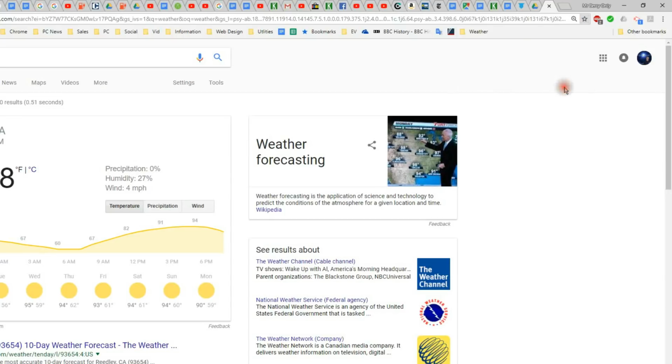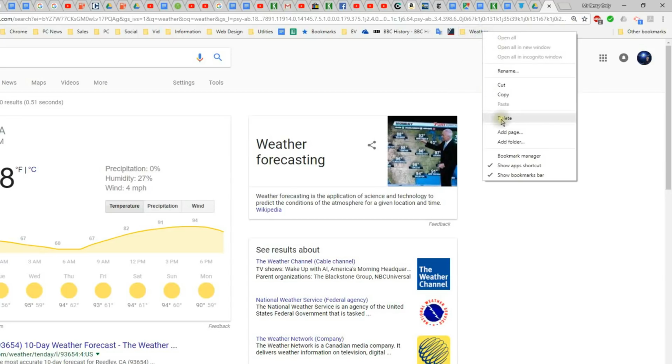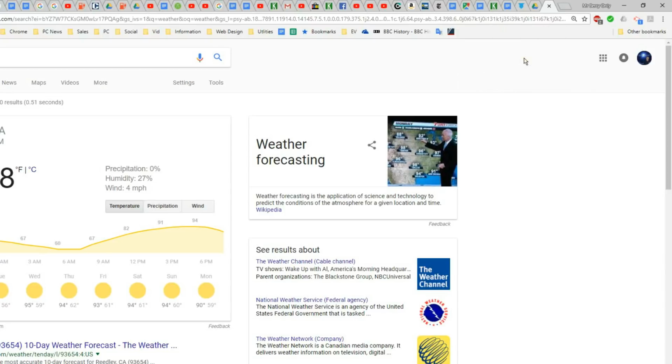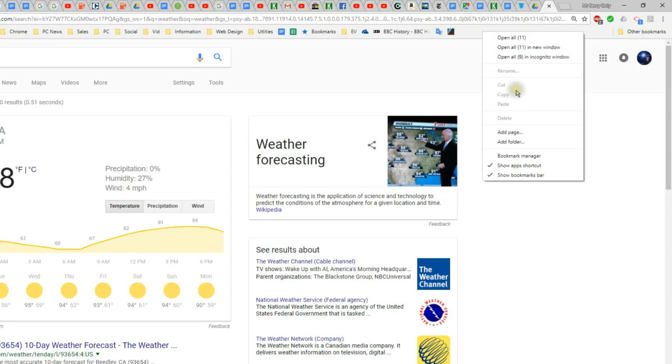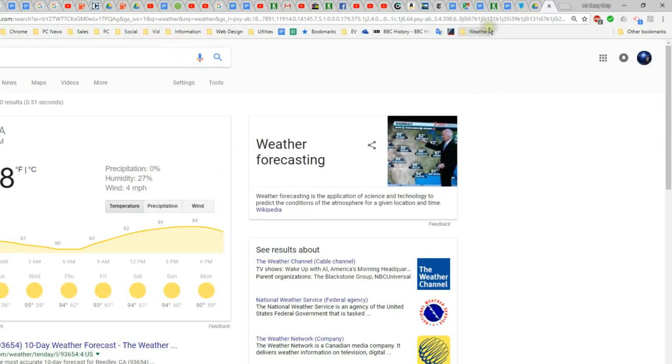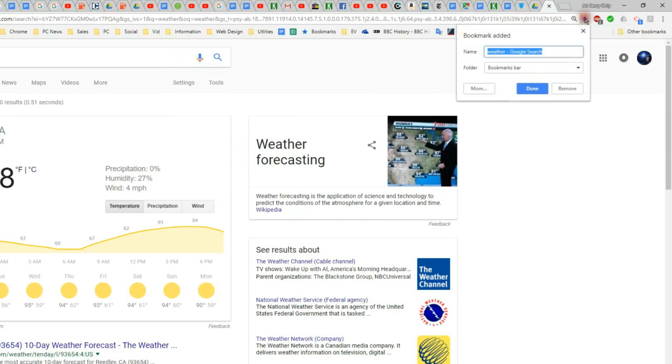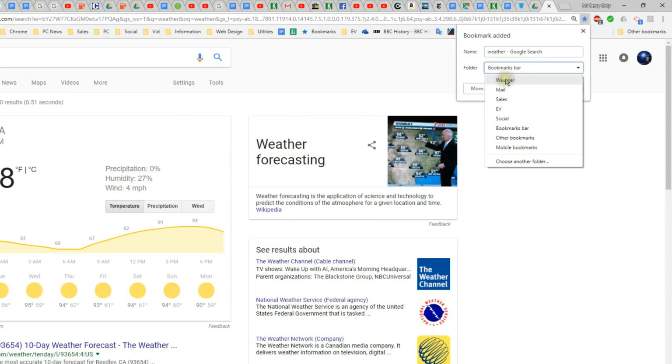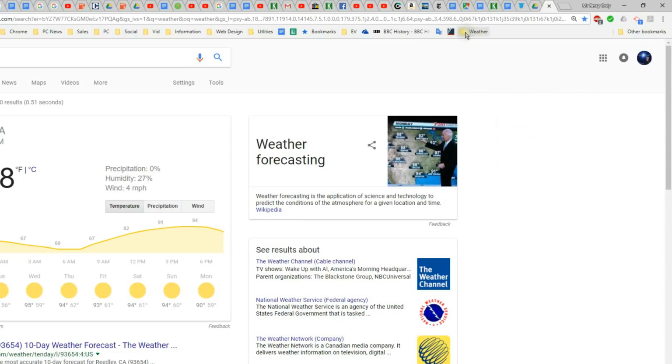Now let's just say that you didn't have a folder called weather and you want to do that. How would you do it? Step one, right click up here in your bookmark bar, go down here to add folder, and let's call it weather. So there you go. Click on save, you got the one called weather. Add this page that's talking about your weather, click on bookmark this page. Where do you want it? Well, I want it in weather, so I click on weather. I say done. Now when I go into my folder called weather, there it is. So it's that easy to add bookmarks.